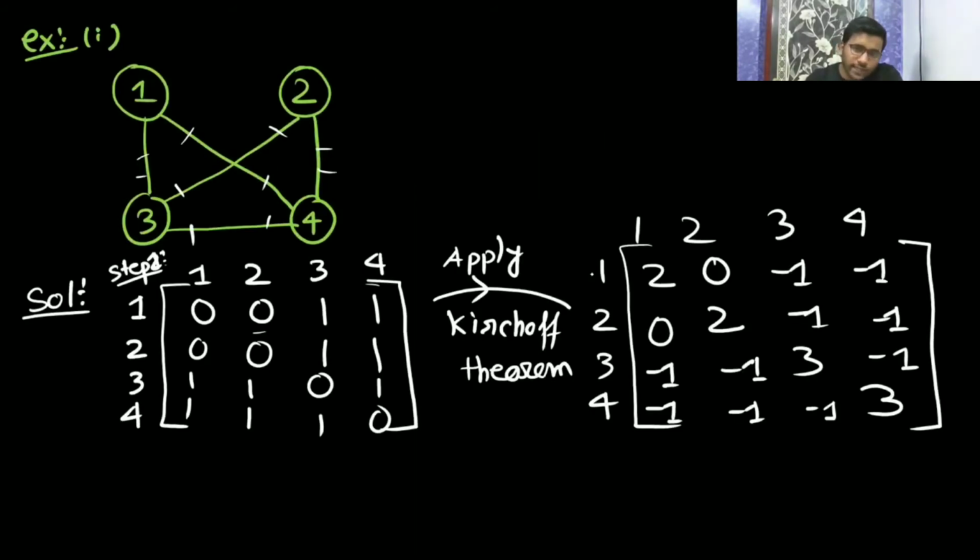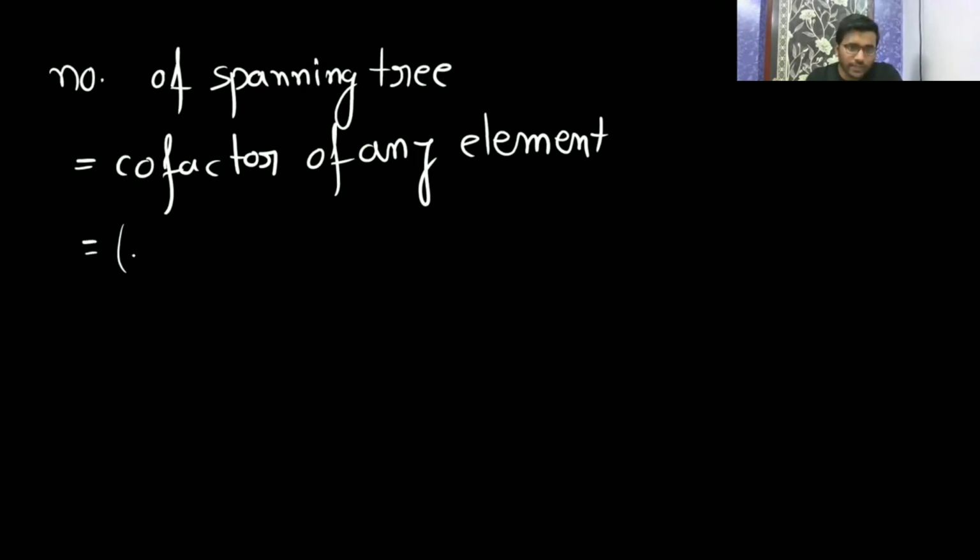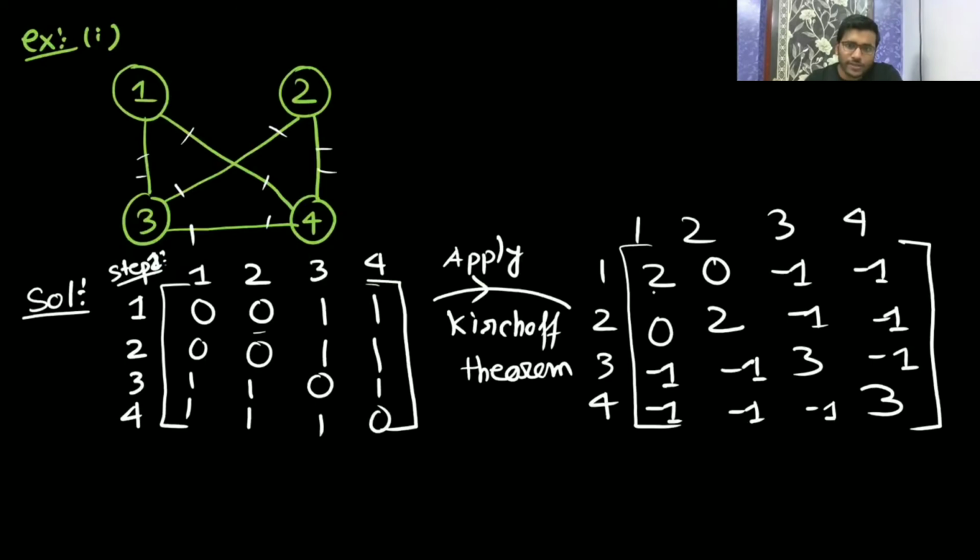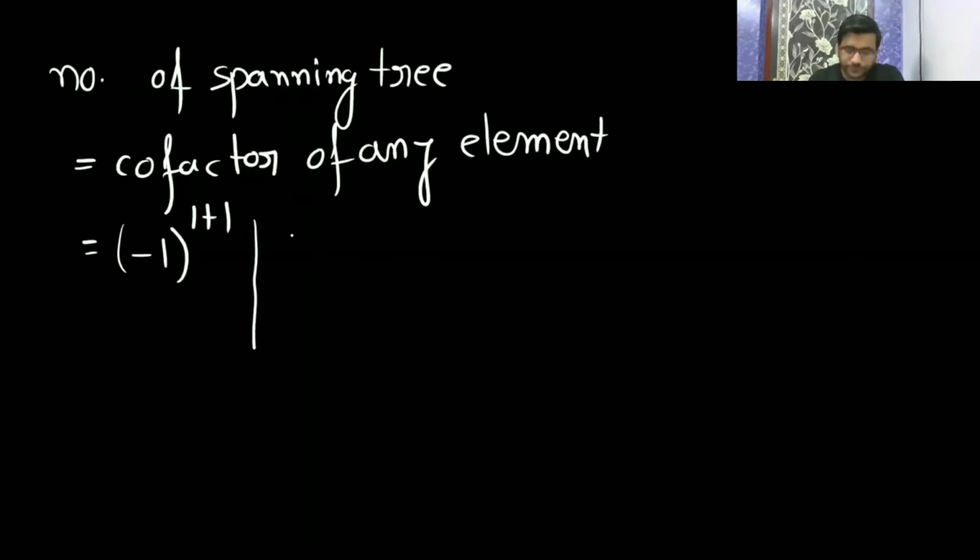In a cofactor, we don't consider this row and this column. Since I am finding the cofactor of 2, I will not consider the row and column where 2 is. I think you know these things, the cofactor. And (-1) to the power 1 plus 1, because its indices are 1 1. Now I will take the determinant of this. I think everyone knows how to find the cofactor. This is a part of math.